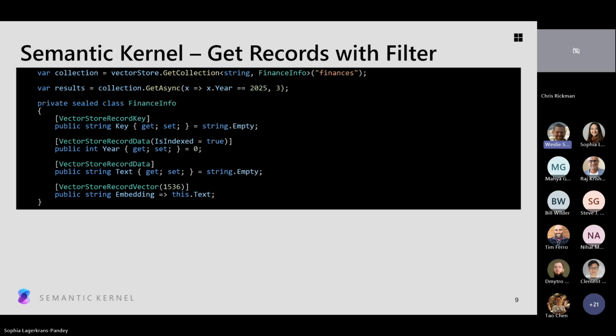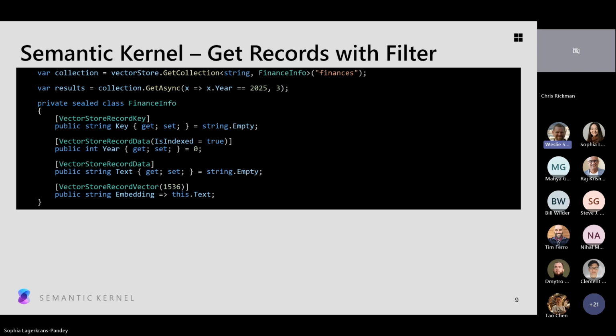You can do get for individual records, both in a batch and non-batch mode. But a feature that was missing, which some people have been asking for, is just doing a regular search with filtering that isn't a vector search, that has custom ordering and so on. And this is the feature that we're adding here.